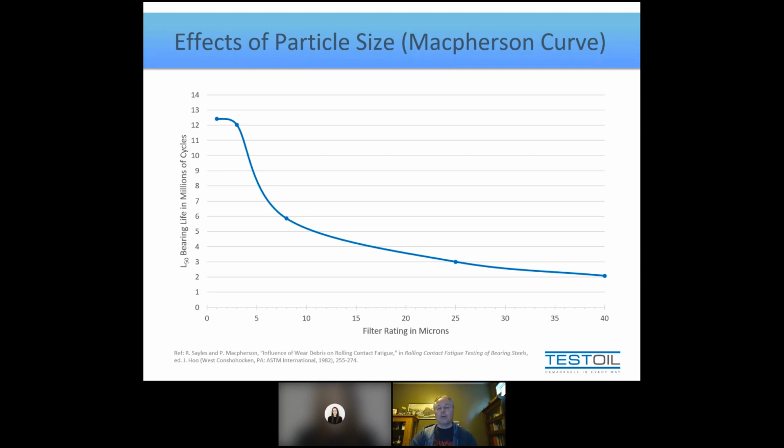But once we went below 8 microns, until we reached about 3 microns, we saw the biggest bang for our buck, the best return on investment, whatever way you want to phrase that, in that range. And so to help us understand why the McPherson curve is so interesting and what is the important takeaway from this, let me show you one more paper.